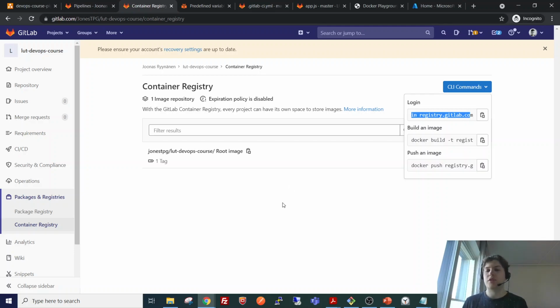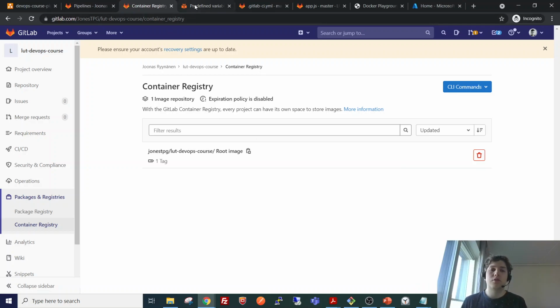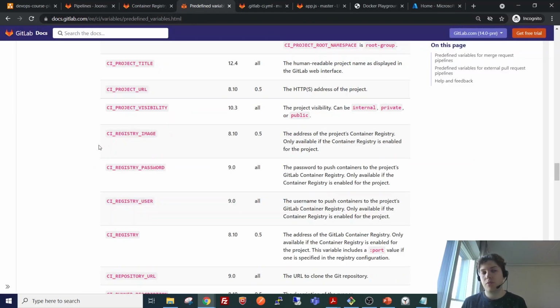Now we want to do this in a pipeline, and I don't want to use my own credentials on the pipeline console, even though it would be possible. But we can achieve this without using personal credentials by using some predefined variables.